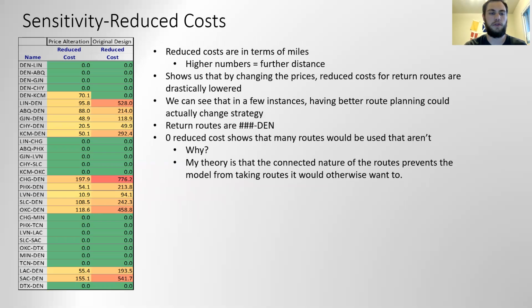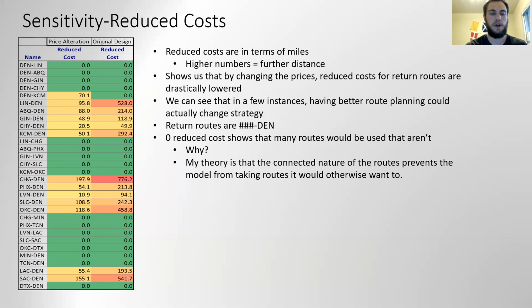The sensitivity for the reduced cost tables, they're in terms of miles, not dollars. So the higher numbers are further distances. This shows us that by changing the prices, the reduced costs for the return routes are lowered drastically. So we can see that in a few instances, having better route planning could actually change the strategy. You might actually want to return from Cheyenne or from some of these other routes to Denver if you only save 20 miles, 10 miles along the route,